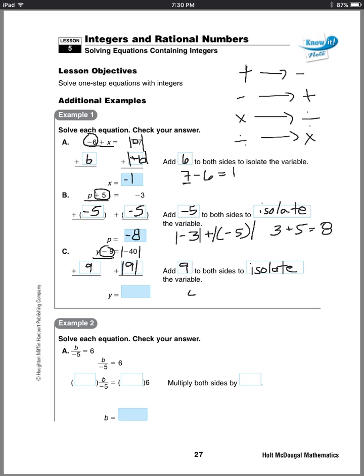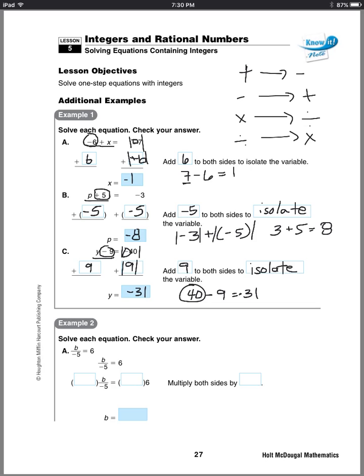So we have 40 and we have 9, and because they're different signs, we're going to find the difference, so we're going to subtract and get 31. Now 40 is the bigger absolute value, and it has a negative in front of it,